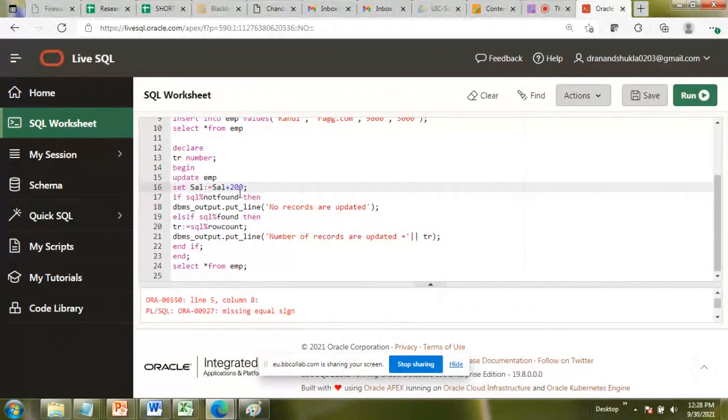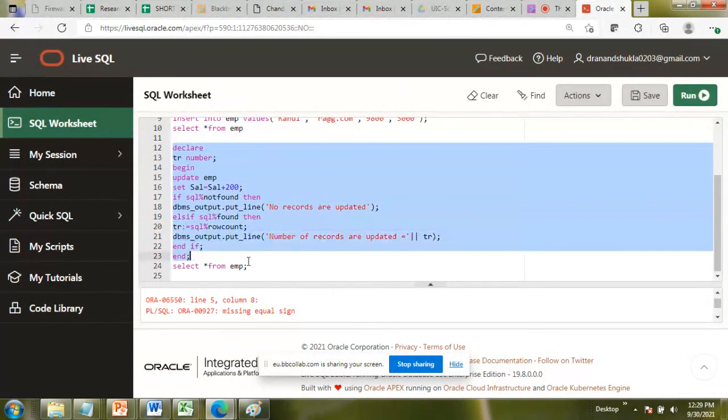Missing equal sign. What will happen? In such kinds of equations, you are not going to use the assignment operator, because here the value is coming from another variable. But when you are assigning something into the variable that you have declared, you have to use the assignment operator here.